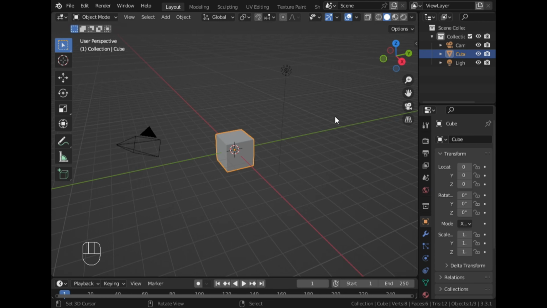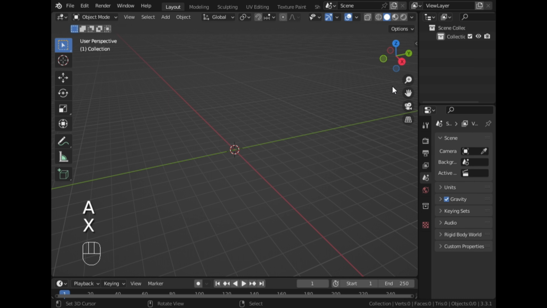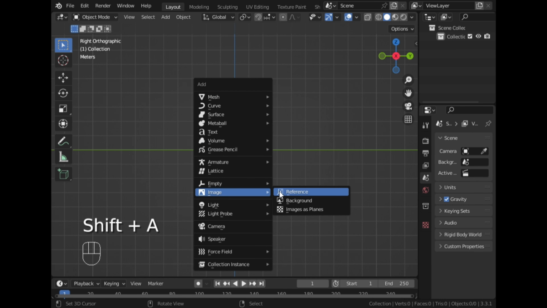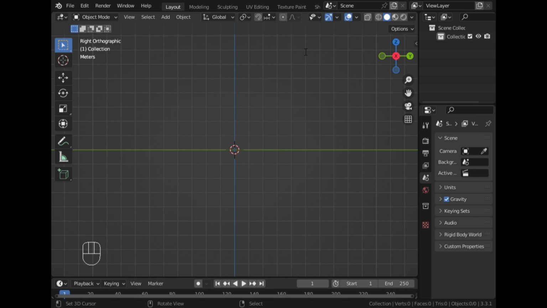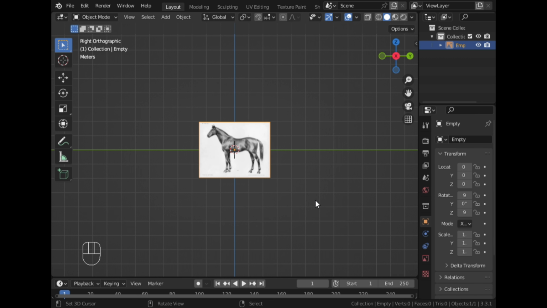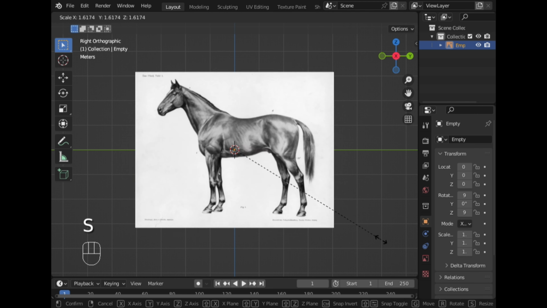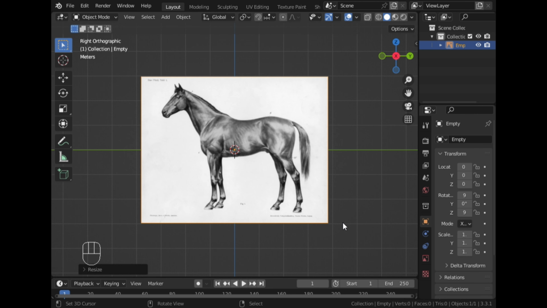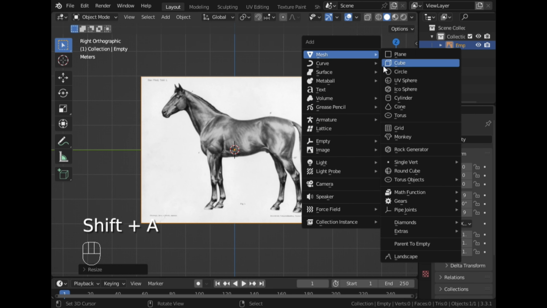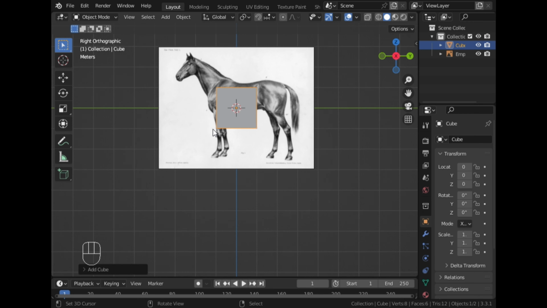Today we are going to make a horse in Blender. So first of all, I am deleting all this default object and I am going to bring a reference image. I downloaded this reference image from Google and now I am going to add a cube. This is the cube